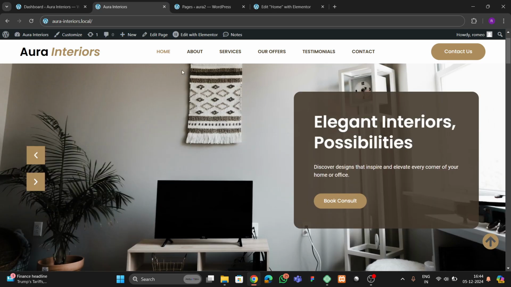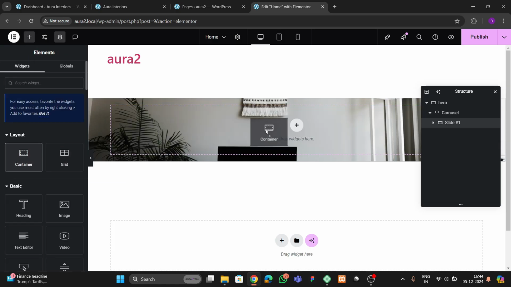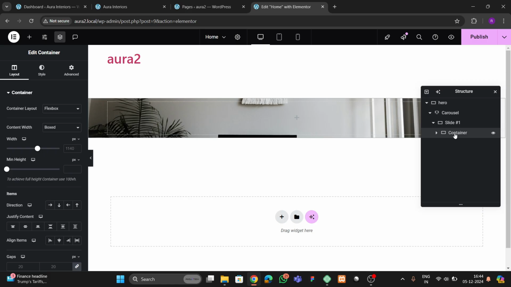Okay, and here you can see that we have this container here. So for making this container, what we can do, we can click on this, and we can just add a container inside this. Okay,